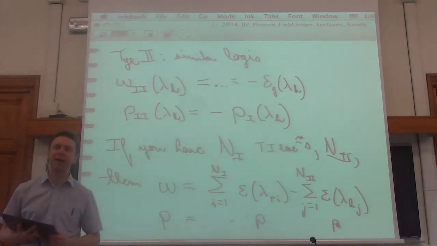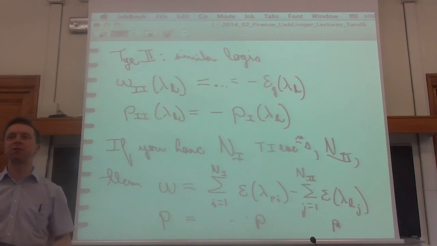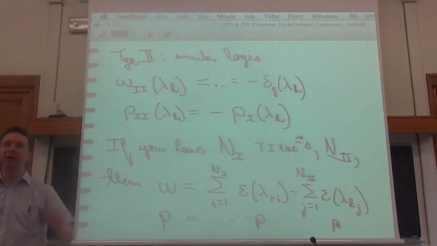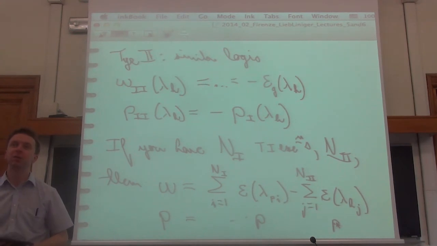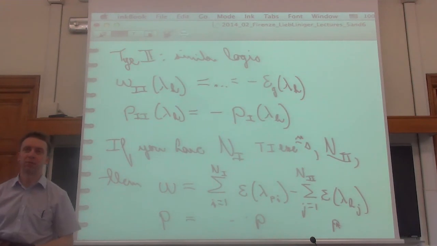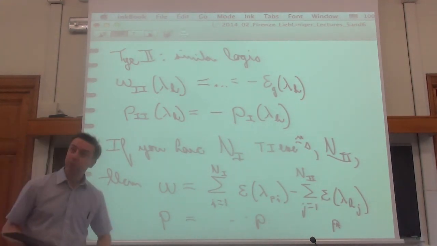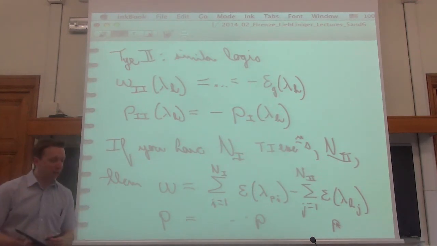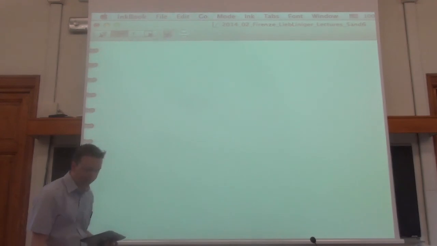It's not like interacting in the sense that if you were to write an effective theory for the low-lying states in terms of these excitations, you would need to have two-body terms in the operators creating those excitations. This is not the case. Okay? Okay, so that finishes our discussion of the excitations.